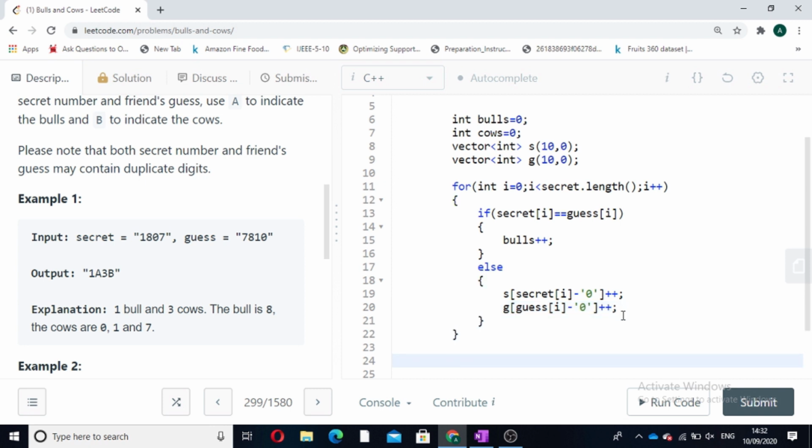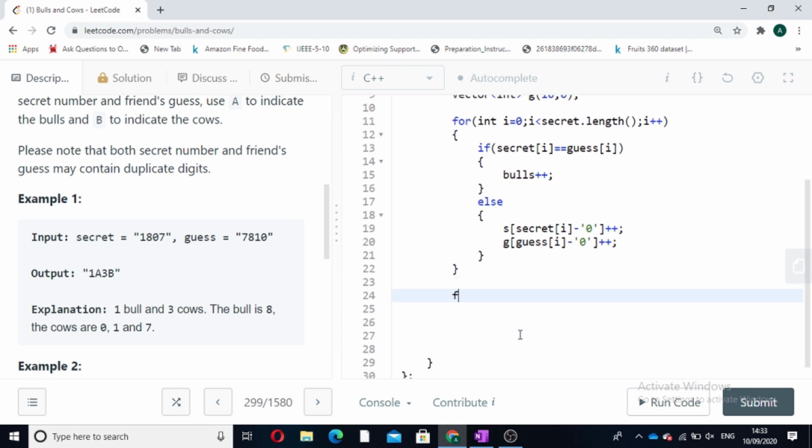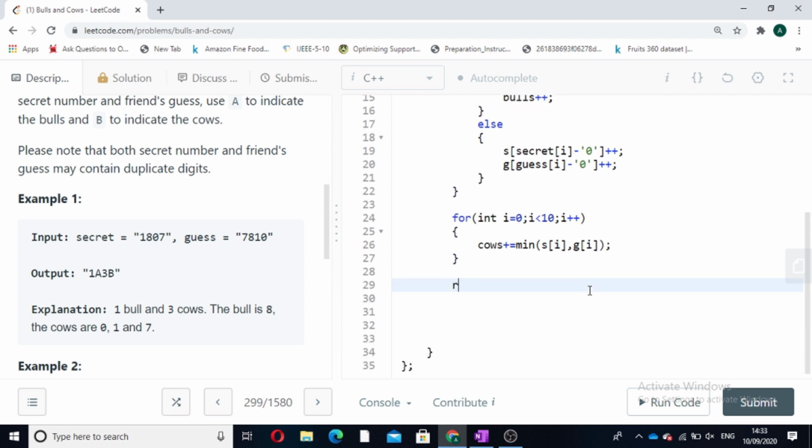Now after the loop we have the answer of bulls, and now the frequency in both the arrays. Now we have to calculate our cows. For calculating the cows, we have to iterate over our frequency arrays, for i less than 10, i plus plus. We have to add the minimum values at a particular index to our cows variable. Minimum of s[i] comma g[i]. After this we have our bulls answer in the bulls variable and the cows answer in the cows variable. We have to return